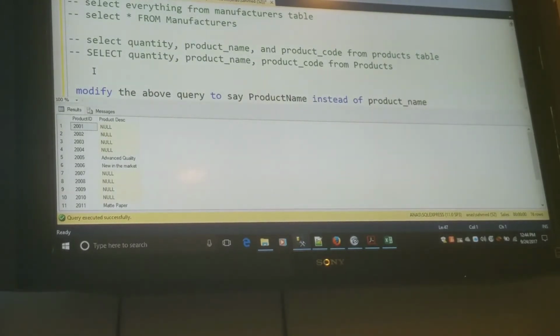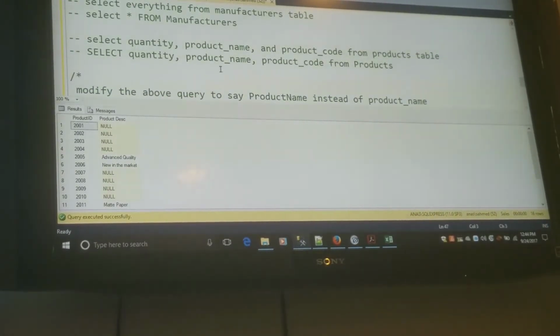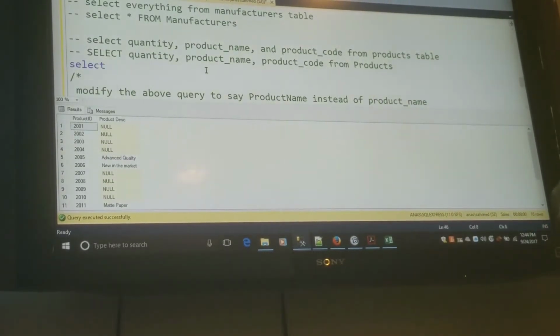So it says modify the above query to say product name instead of product name. How do you answer this? Use an alias. How do you do that? Select quantity, product name underscore, as